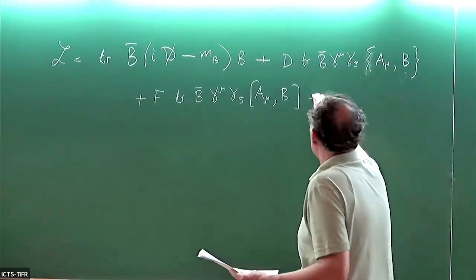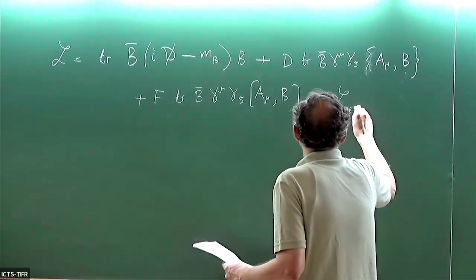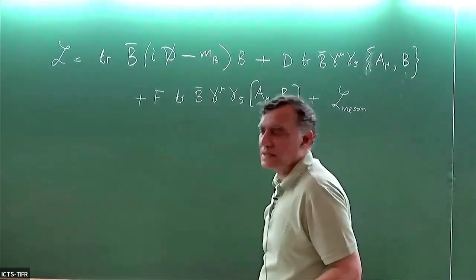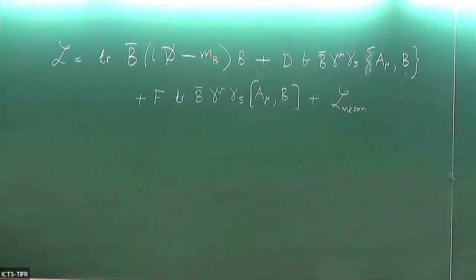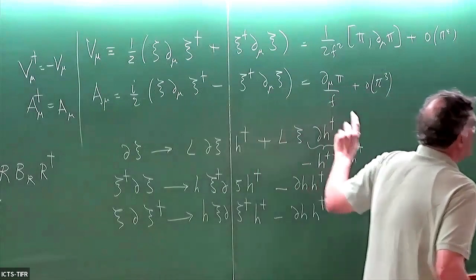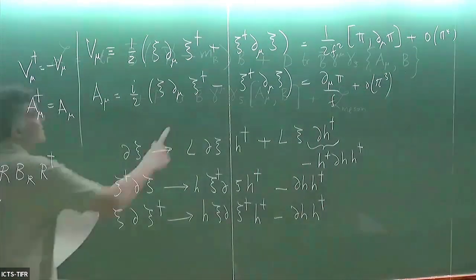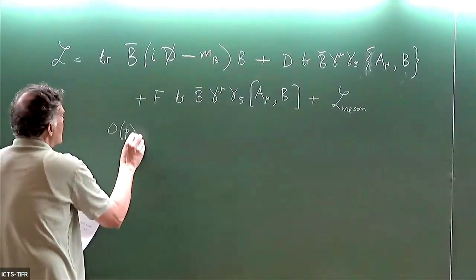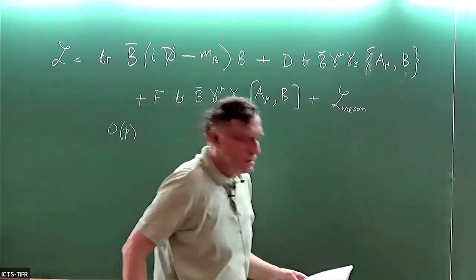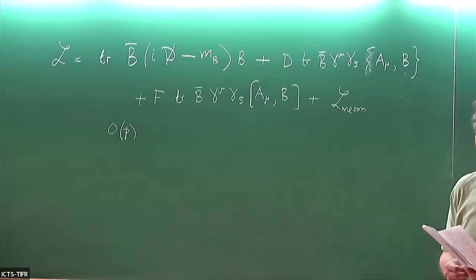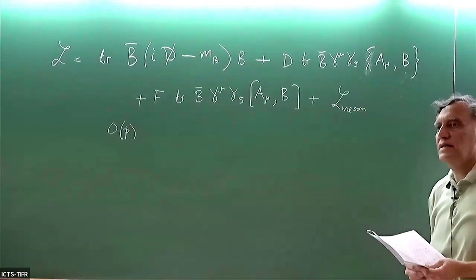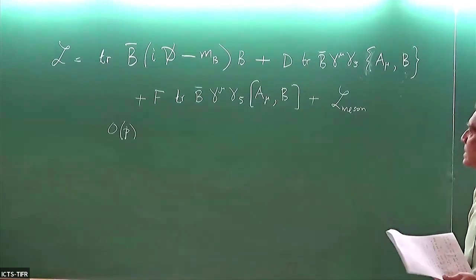And then, of course, we have the usual meson chiral Lagrangian, which we wrote down and discussed at length. So these are just the additional baryon terms. Now, A mu here starts off as d mu pi. So now these interaction terms are order p rather than order p squared. There's only one derivative in those terms. Okay, so in the baryon sector, the chiral Lagrangian starts at order p, not order p squared.